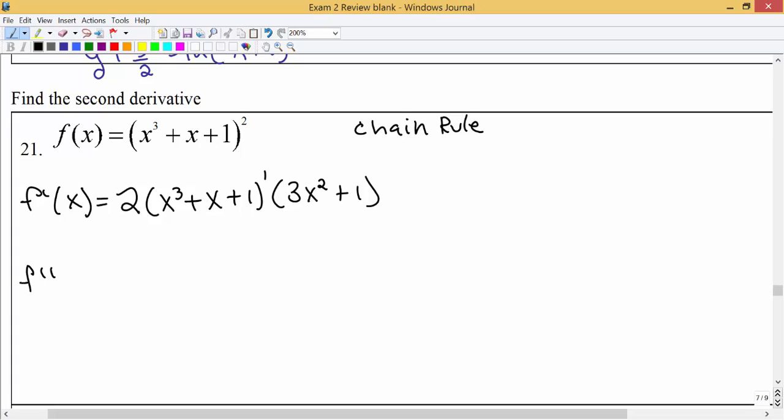Now we want to find the second derivative, so we're going to take the derivative of the first derivative. And now we notice that we have two functions multiplied together, and so we're going to need to use the product rule. And the product rule is the first function as is